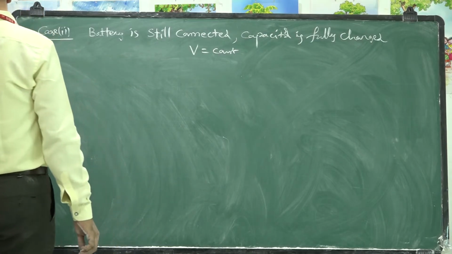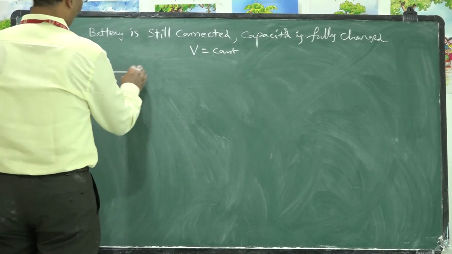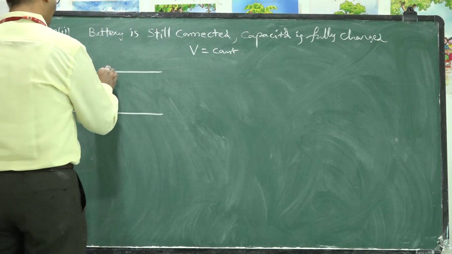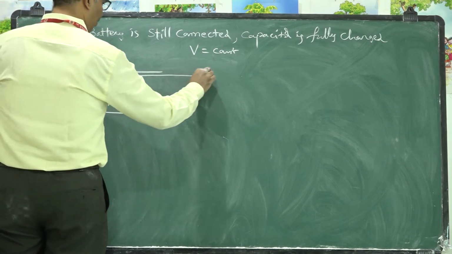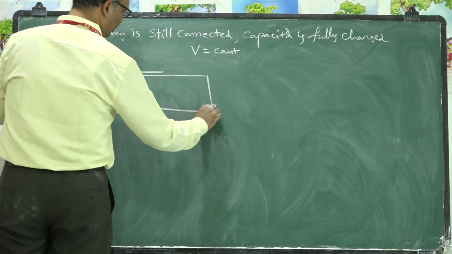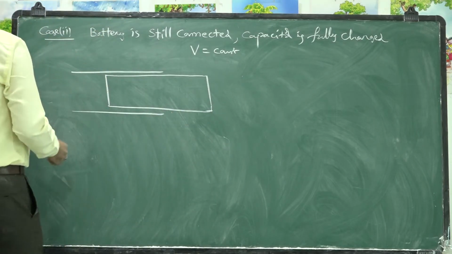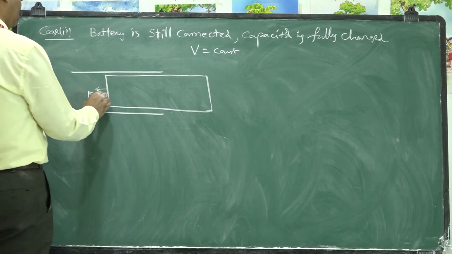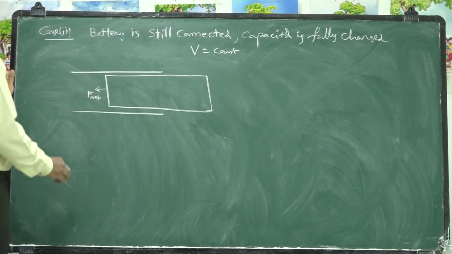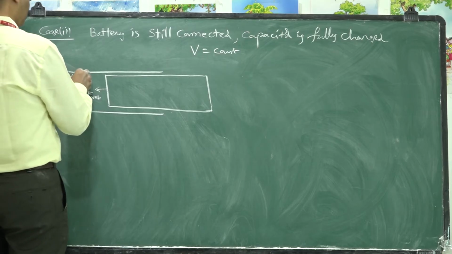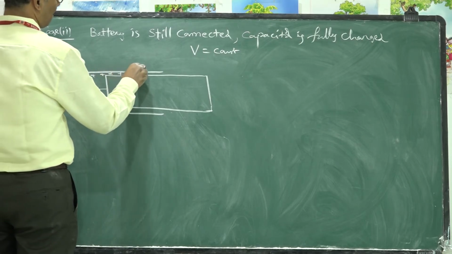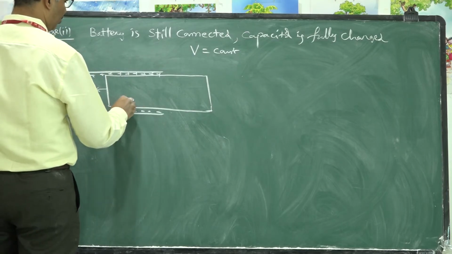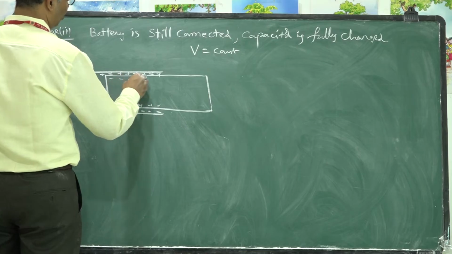Now let us see the diagram. So here is the parallel plate capacitor. This capacitor is provided with a dielectric. This dielectric is like this. So now the capacitor is trying to pull it inside by applying some force. We need to calculate this net force. Already, as the capacitor is charged, here positive charge is available, here negative charge is available. Here positive charge is induced, here negative charge is induced.